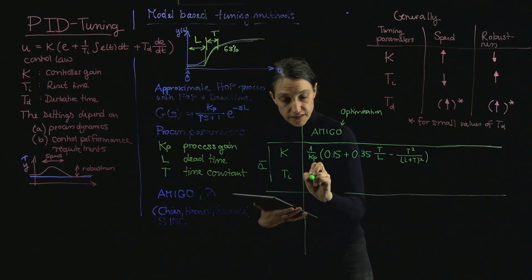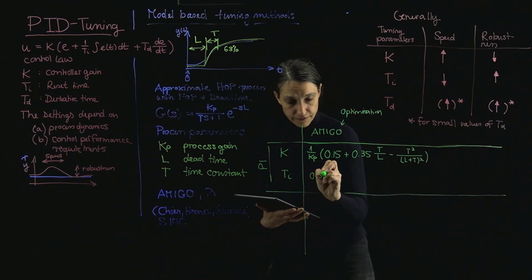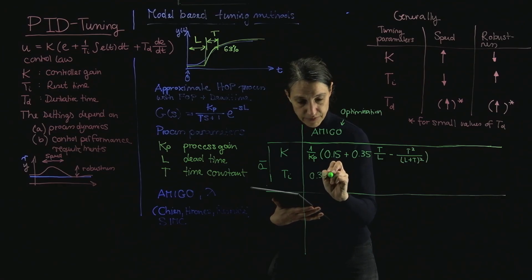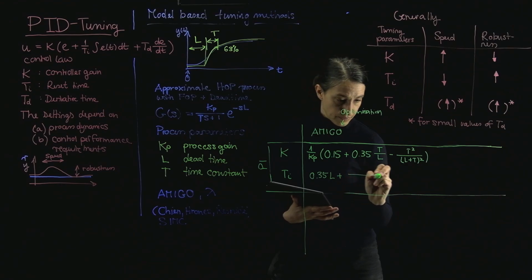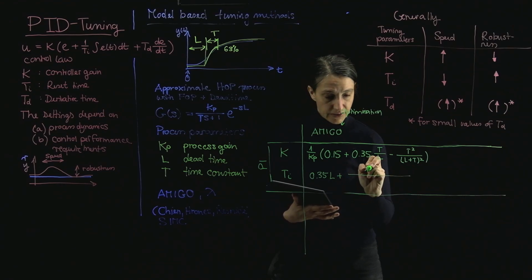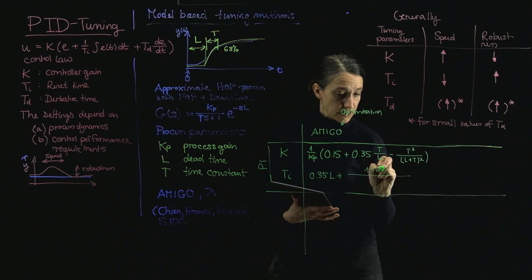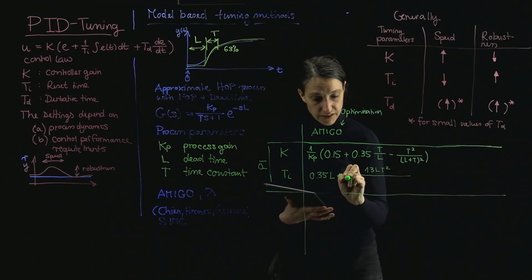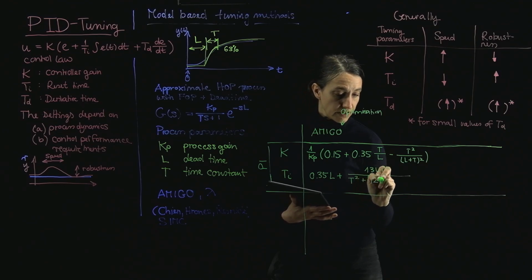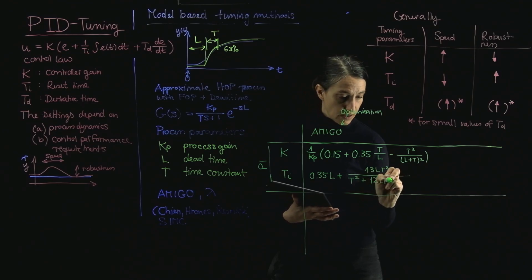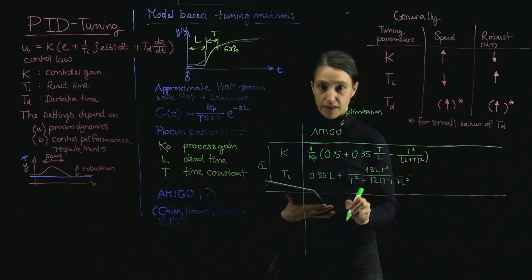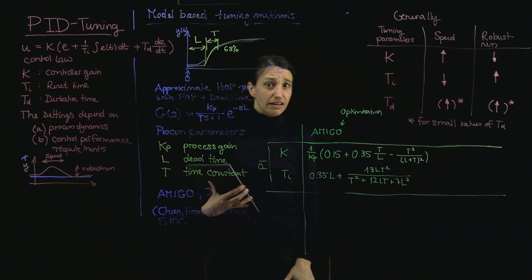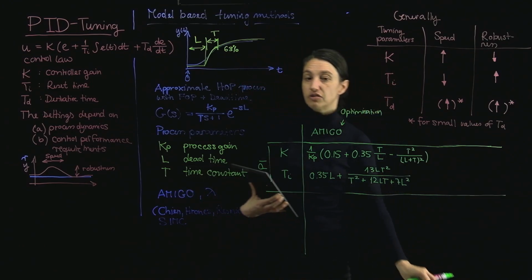And Ti is 0.35 L + 13 L T²/(T² + 12 L T + 7 L²). Okay. So now this looks really a little, I don't know, just not a little, but this